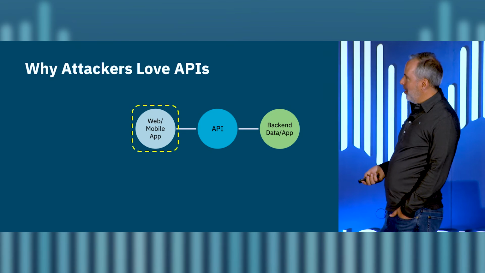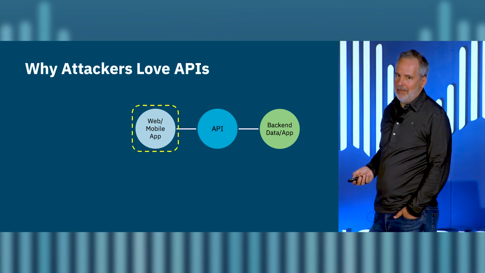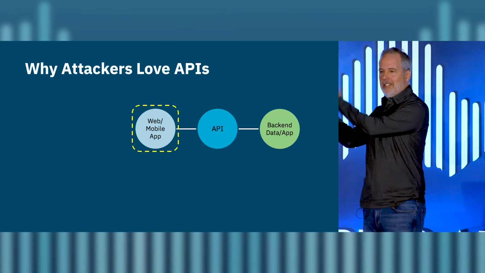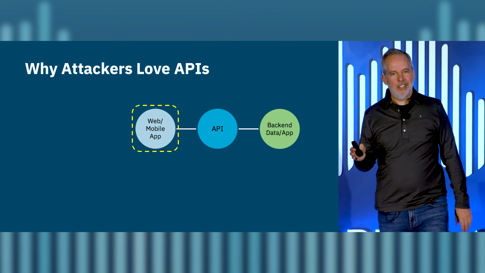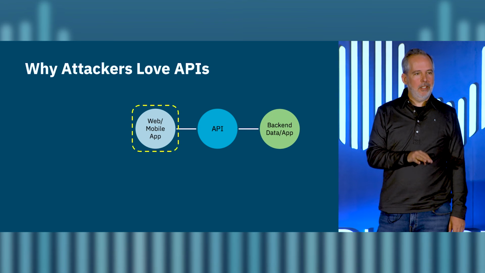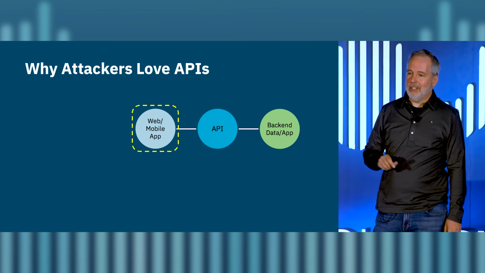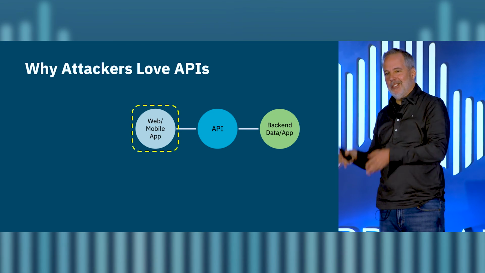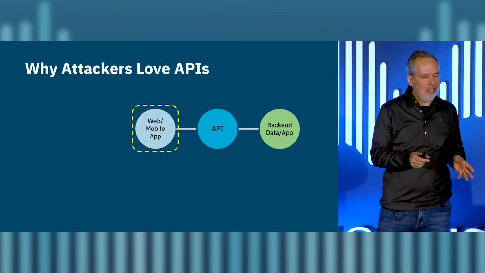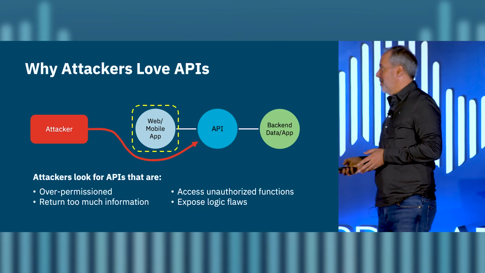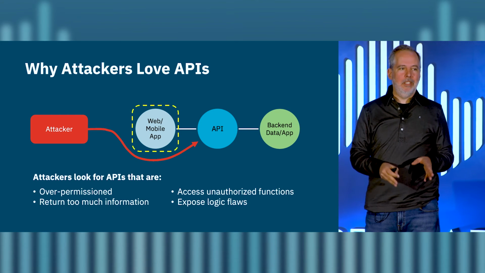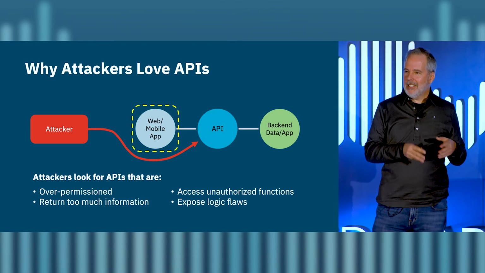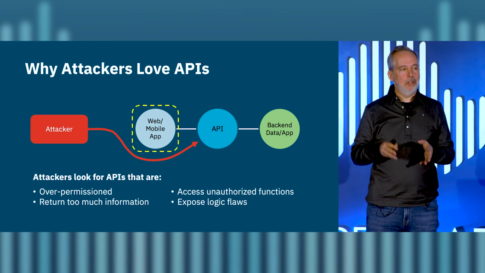All right, so why do attackers love APIs, right? This is a basic stack where you get your front end, talks to some APIs, connects to the back end. And historically, we spent a lot of time focusing on that front end, right? Where we authenticate users, filter data, we show you this button, but we don't show you that button. We do web app scanning, we do all these things, right? And what happens? Attackers go right around it, right? This happens all the time, right? And we use our UIs as kind of a band-aid sometimes for security.